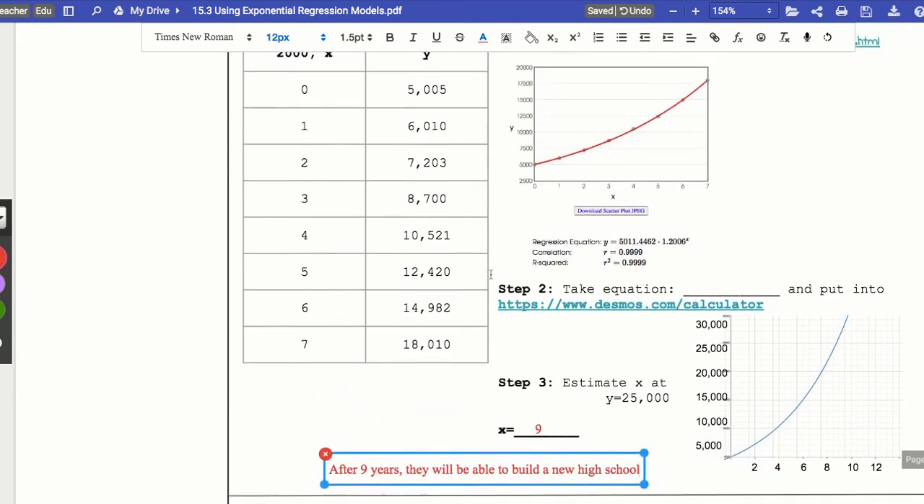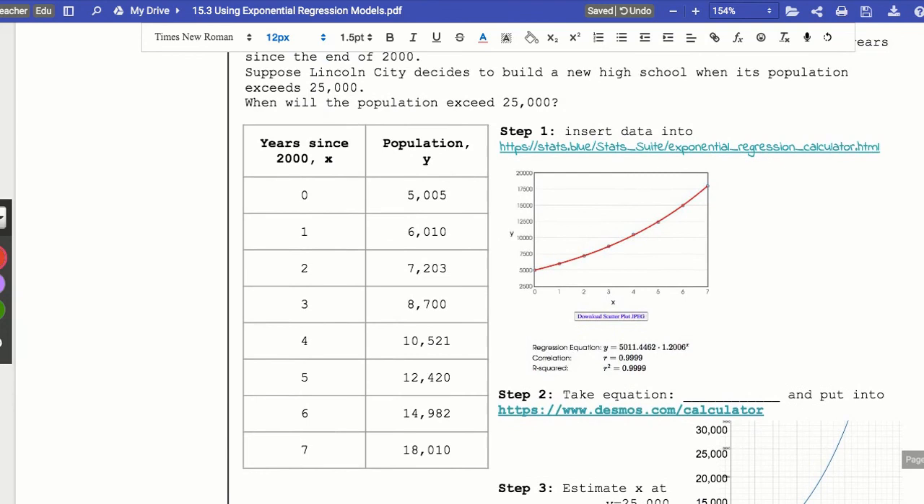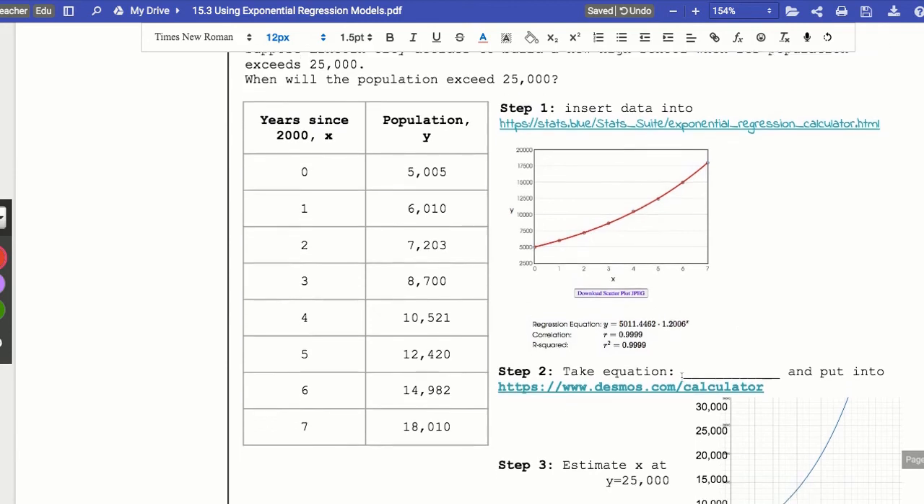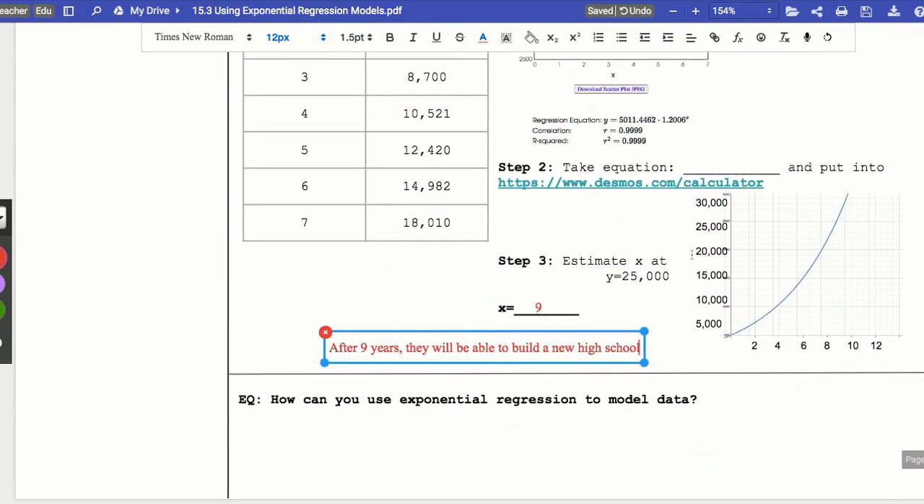Again, if you don't have a graphing calculator, you do have to use 2 different resources. You're going to have to use this website, which unfortunately is going to be really hard for you to click on. So I do highly recommend at least accessing these paper notes and putting them in. And then again, the Desmos calculator, which you guys will